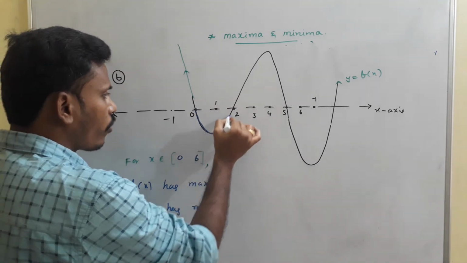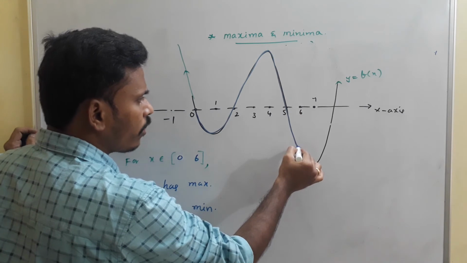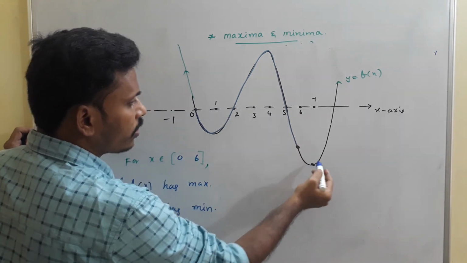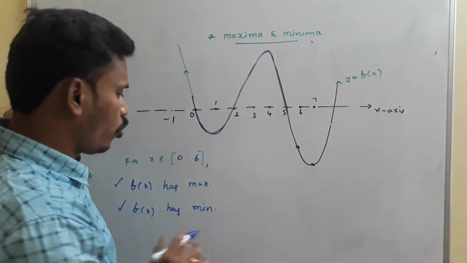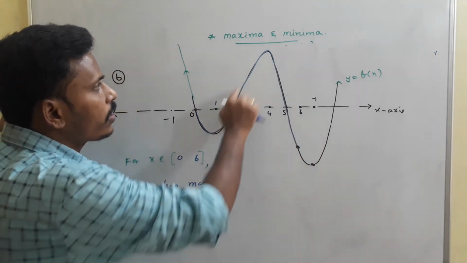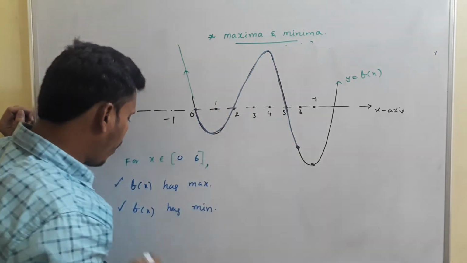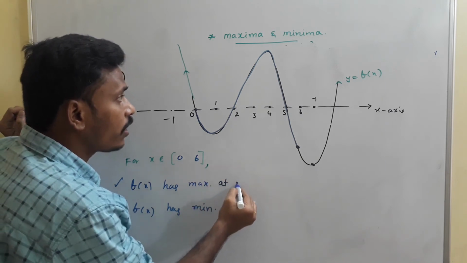So you just trace the graph first. This is the trace of the graph. We need to consider only from 0 to 6, not up to 7. Maybe this turning is at 7, but we need to think about the graph only up to 6. So we need to trace the graph from 0 to 6. In this trace of the graph, f of x has maxima at x equals